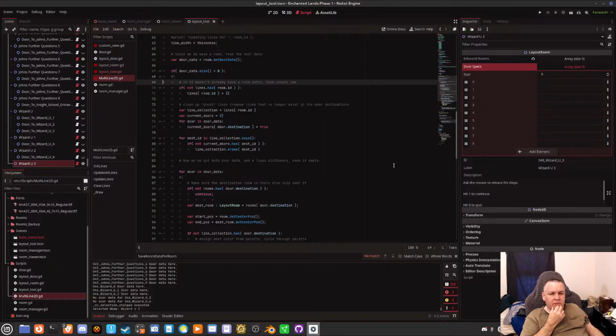Line collection. Door and door data. I don't know if it'll screw it up, but